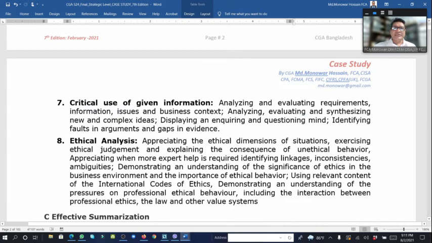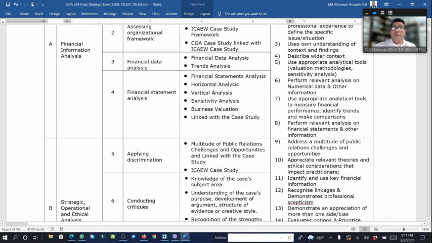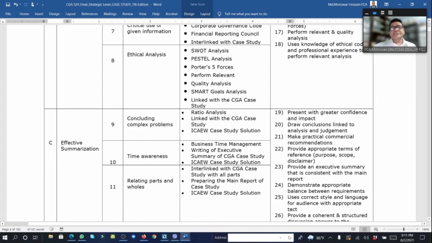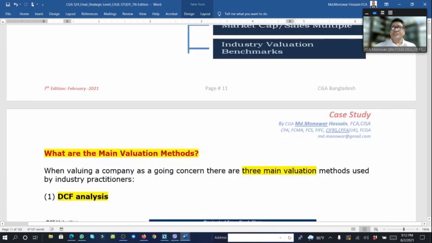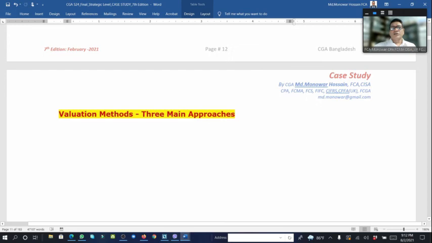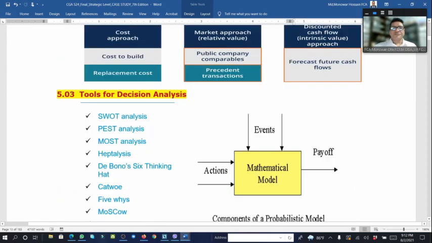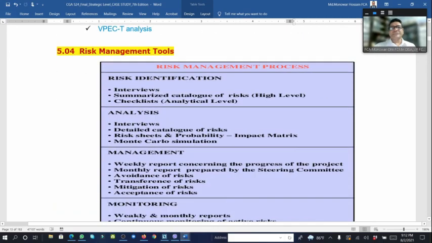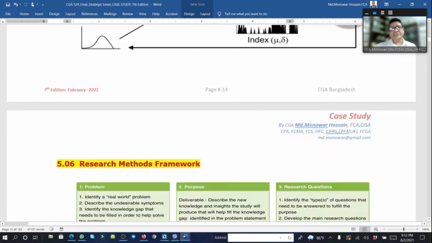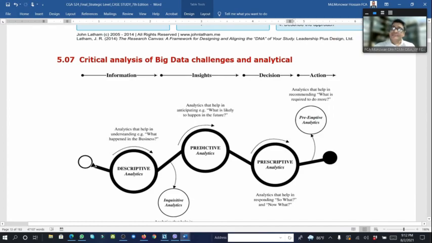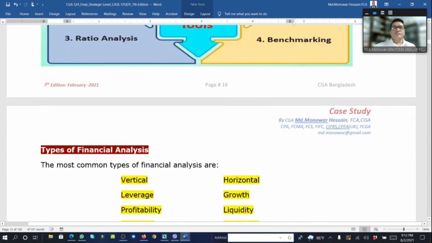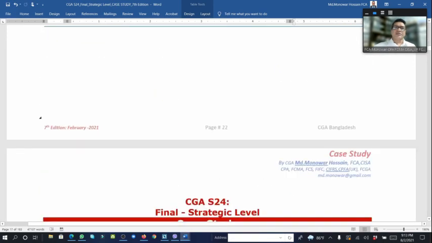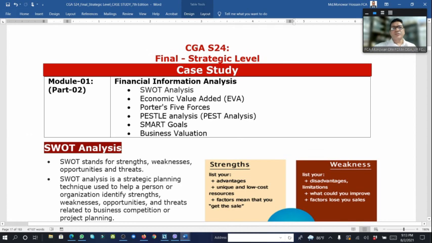Basically, CGA is a new institute, but that type of education, you know, is all systematic. What we learn today, we have to make the valuation in different ways. We have to do short analysis, PESTLE analysis, SWOT analysis, sensitivity analysis, which we should study later on from the next class. And here we have to understand different types of analysis, and our next class would be